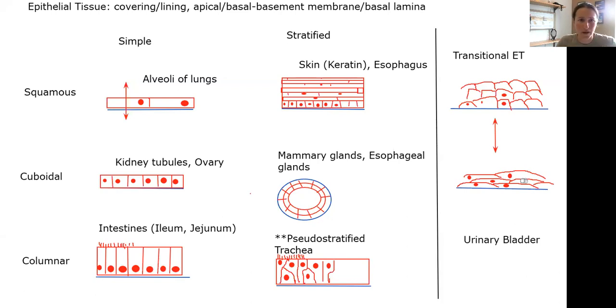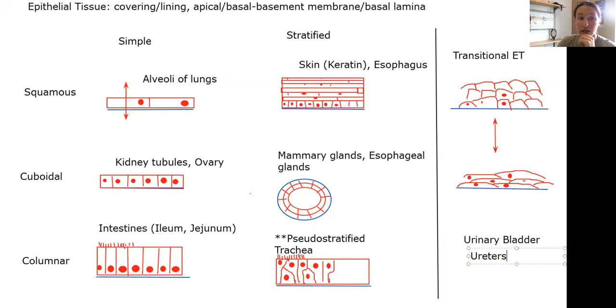Okay. Let's see, another place where this is found is the ureters. So these are the tubes that carry urine from your kidney all the way down to your urinary bladder. Okay, so those are the epithelial tissues. Again, for most of them, you need to give me 4 words. For transitional, you only need to give me 3 words because the stratified is just implied. Okay, so now let us move on